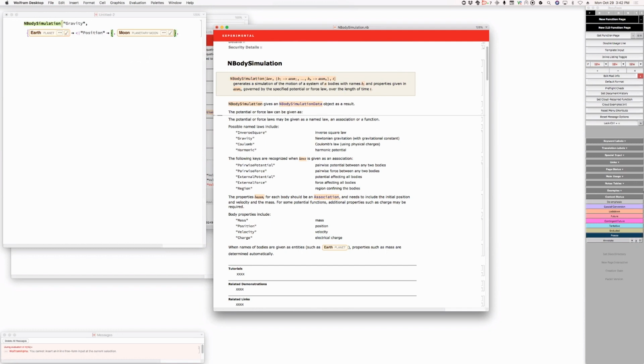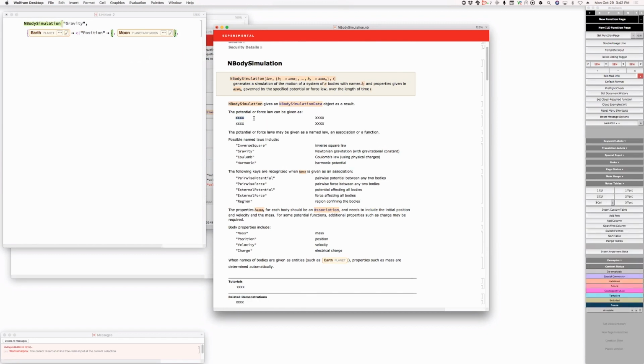And now we need to, I think, give a list of the cases here, which are quotes name, named law. Then we need to say an association here. Basically, key one,